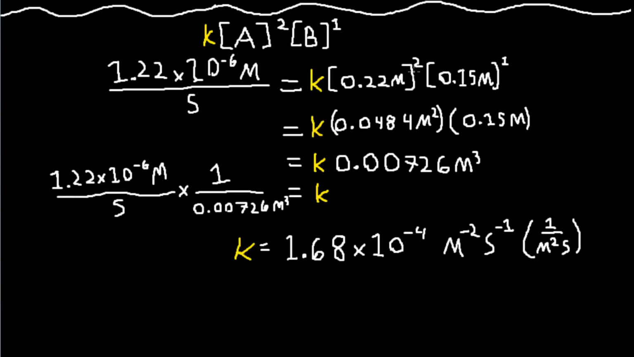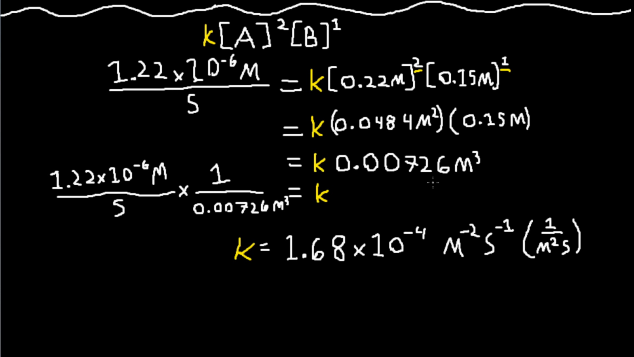Then here you make sure to use the orders that you found by doing what I showed you above. So it was 0.22 molarity to the second power, then 0.15 molarity to the first power. When you square 0.22 M, you get 0.0484 molarity squared, times 0.15 molarity, and there's no need to write a 1 there. Then you multiply these and you get 0.00726 molarity cubed, or to the third power,